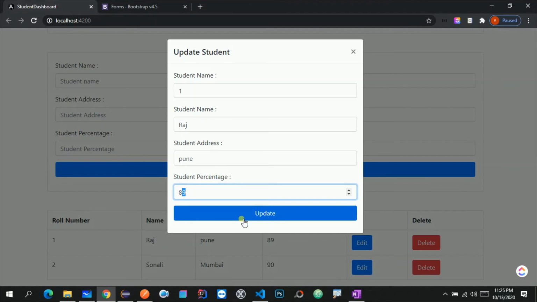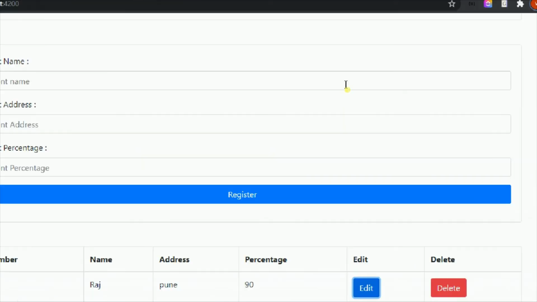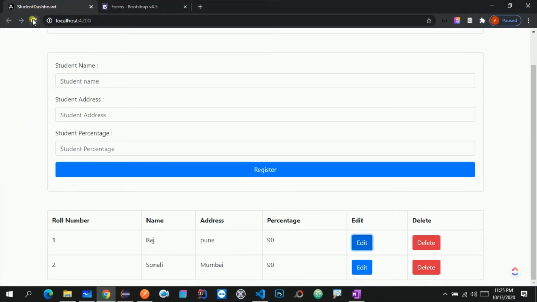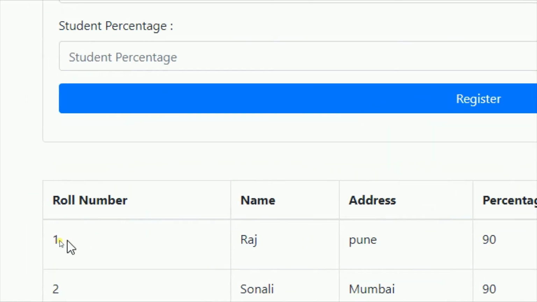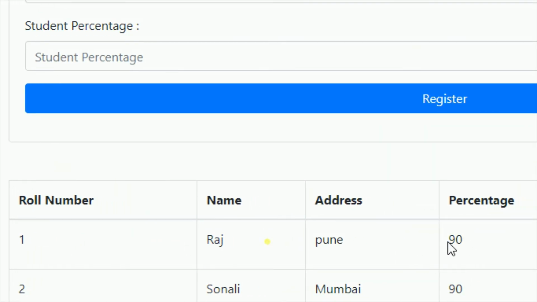So let me change this one, and let me make it 90, and let me click on update, and let me click on this close button, and now let me refresh this file. So we will see whether it is updating or not, and as you can see the percentage is 90%,